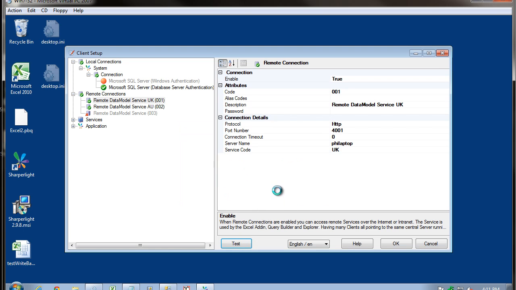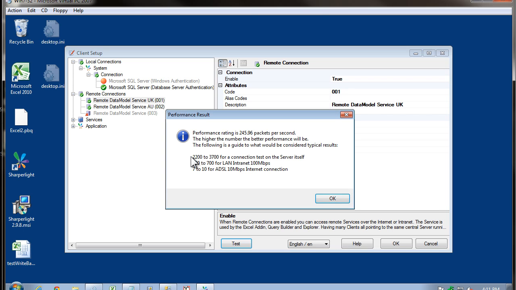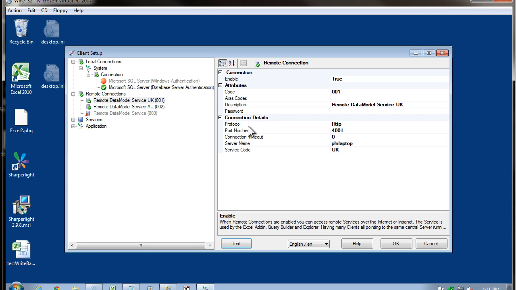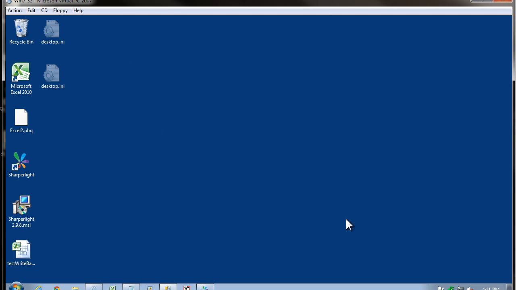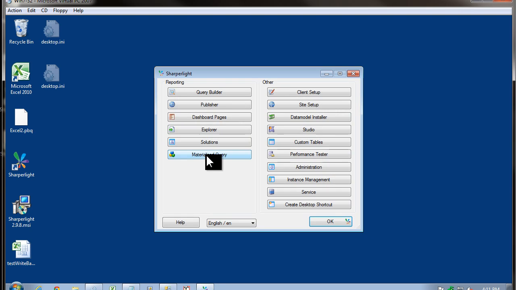You can see that it's been able to remote connect to the UK office, and it'll also give you an indication of how fast the connection is. What will happen is later on, when we consolidate data, Sharperlight will stream the data, compress it, and send it to the US office. Once your connections are set up on the consolidation client, close Client Setup and start Materialised